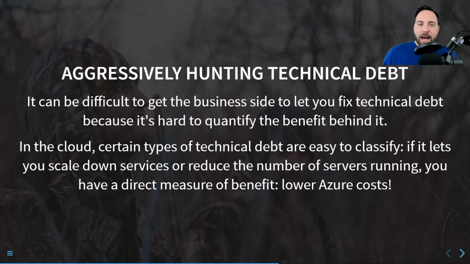Because if I cut the CPU utilization by 30%, are we going to get rid of any CPU cores? No, we're going to keep those because we need to grow into them. All right, so I didn't actually save costs. Well, I adjusted the rate of future growth. Okay, but how much did you adjust that rate of future growth? It's a murky answer. So this is much easier to sell when you have monthly bills.